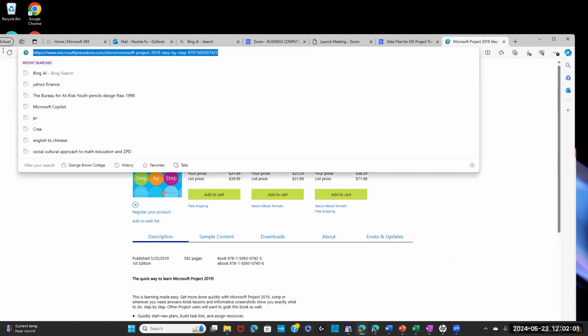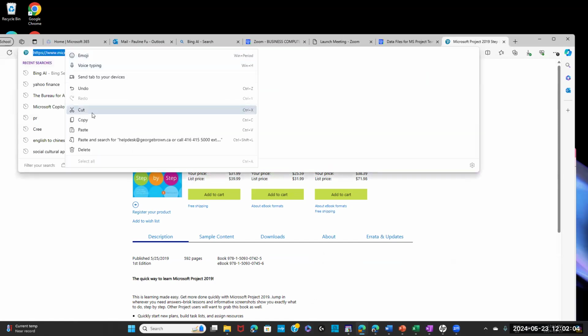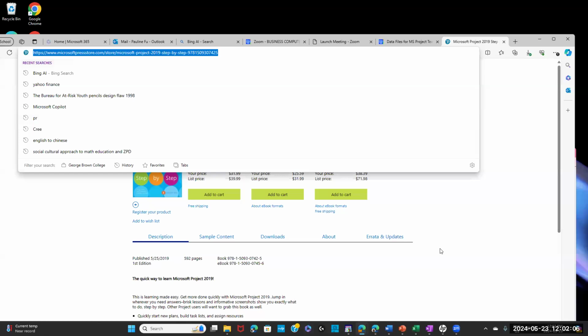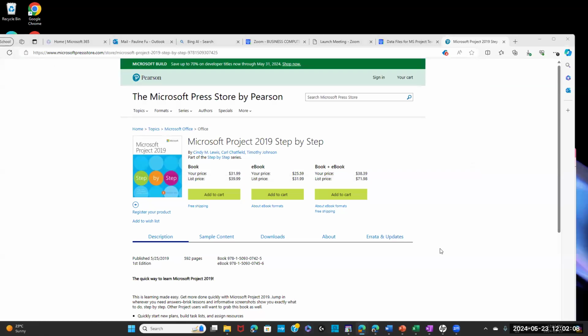I'm going to copy the link to the chat area. Okay, so that is the question about the textbook. Type in any questions in the chat area or unmute yourself.